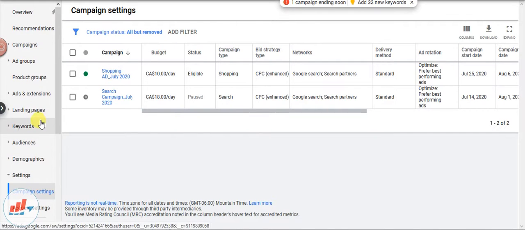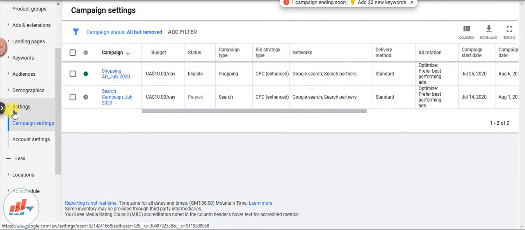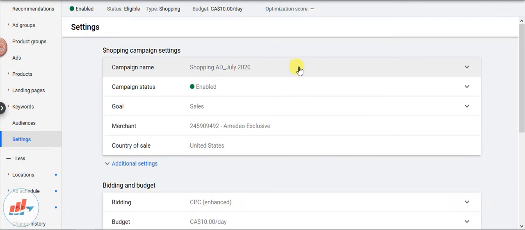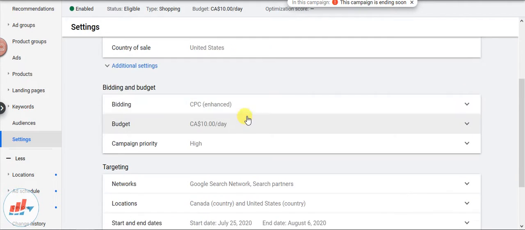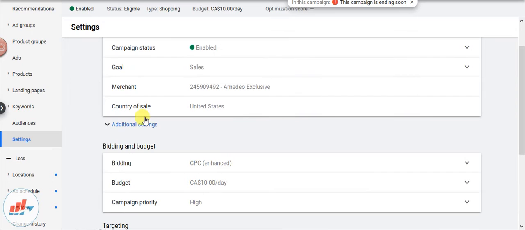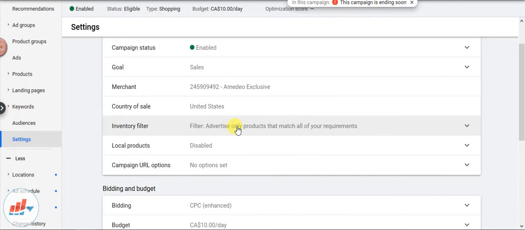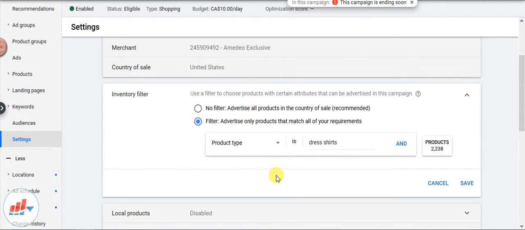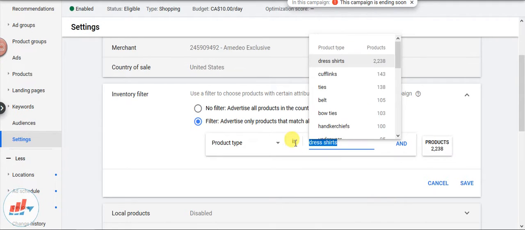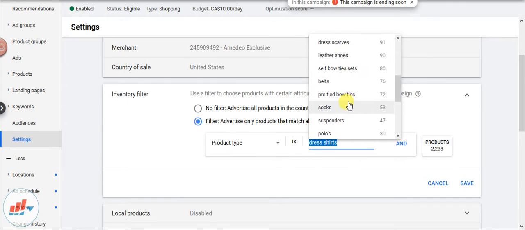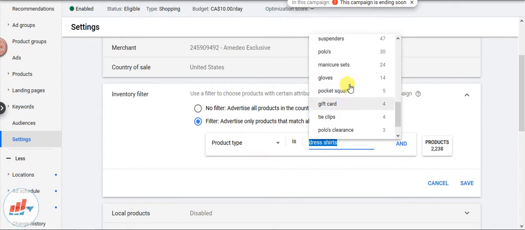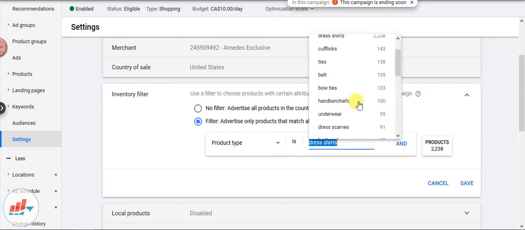So for changing the campaign settings, we need to go to the settings option here, and here we can see that there is an option for campaign settings. Now let's select this particular campaign. Okay, so now we need to change the target products. So how can we do it? Filter. Okay, so here in the filter we'll have to see how we can put a limit only for French cuff shirts.